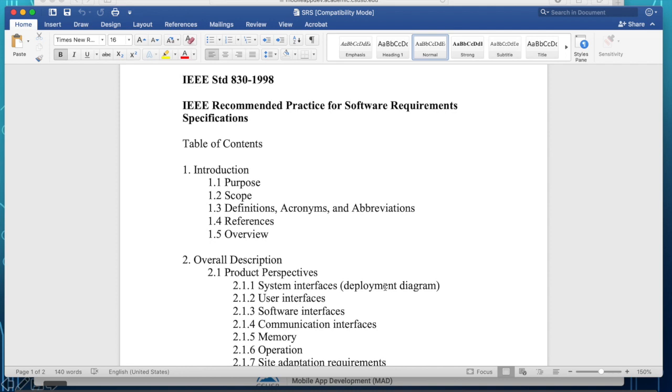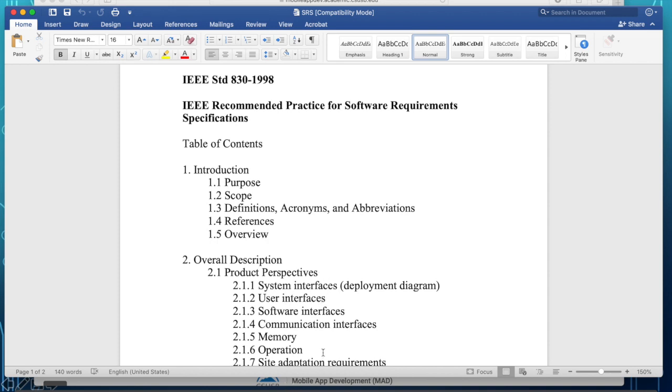Of course, before you start writing this document, you should have talked to or interviewed your client and talked about the different needs that the client wants to implement for this cycle.